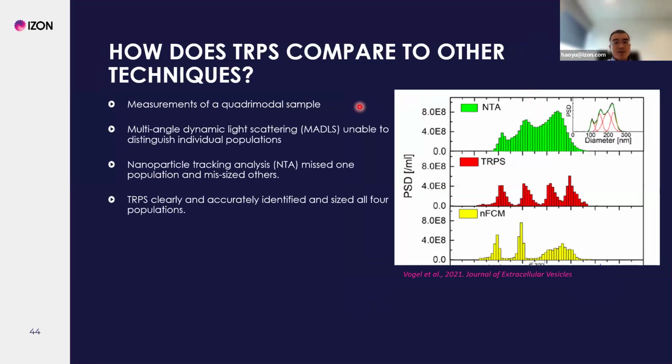A paper like this one shows a comparison with TRPS: TRPS can identify the actual formal samples, but other techniques such as light scattering methods, NTA, and also NanoFCM, all miss some of the peaks. Which means this proves the TRPS